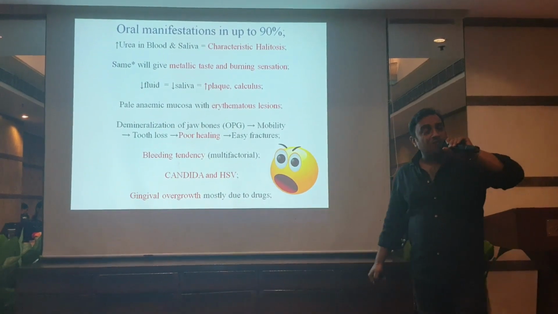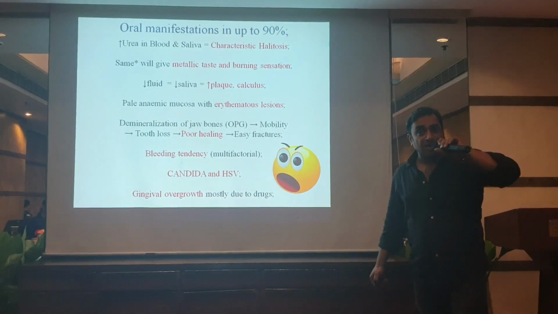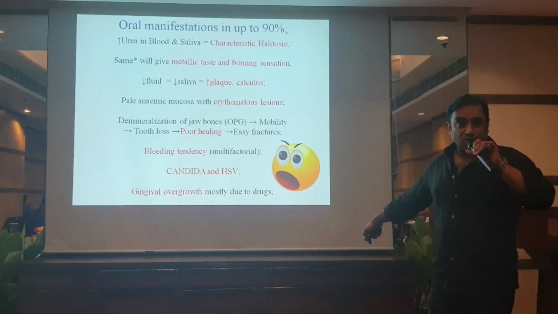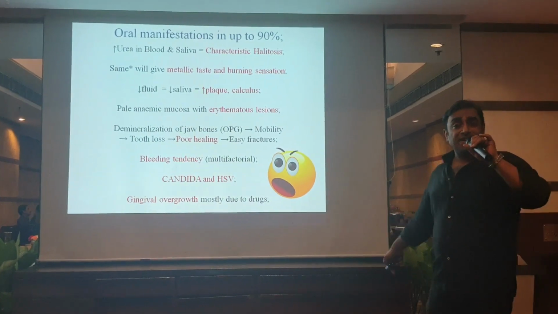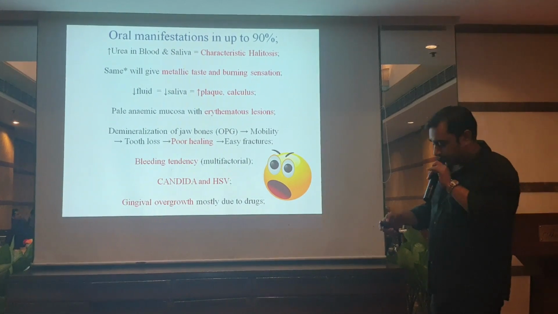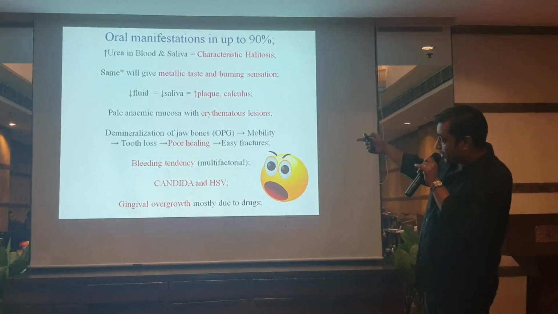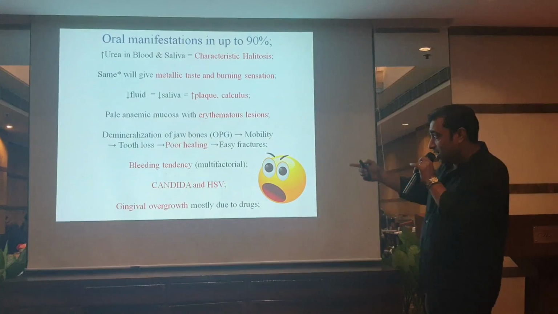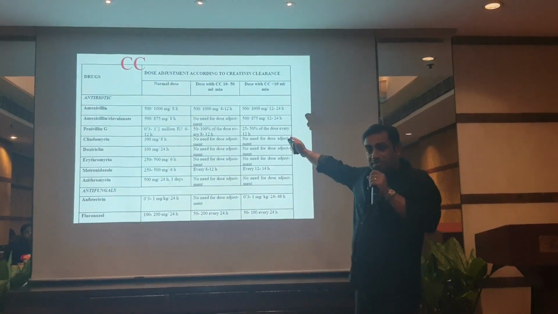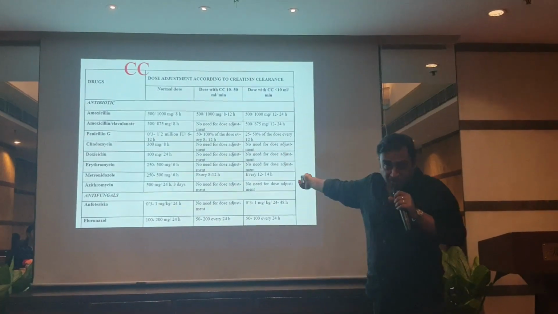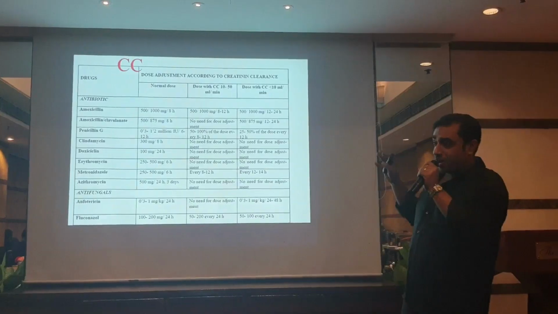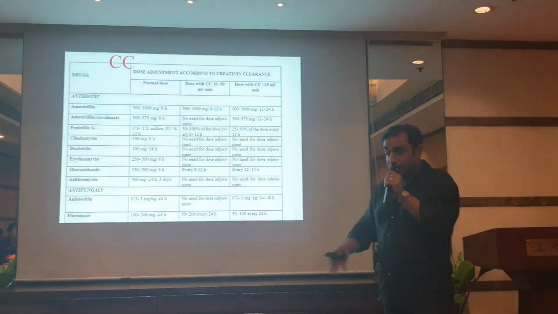When you are seeing a patient for an oral condition and the patient has CRD, then many of the conditions are due to the poor control of the CRD. So there you have to look into it and treat these patients in conjunction with the person looking after the renal condition. And be careful about situations like fractures, bleeding tendency and all. Now, again, don't just look at the chart, don't go into it. This is a complex chart, again kept for medico-legal purposes, from where I come with my conclusions.